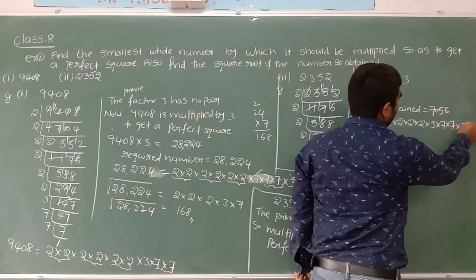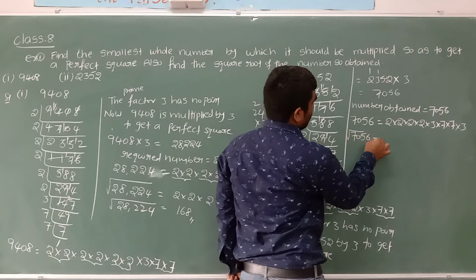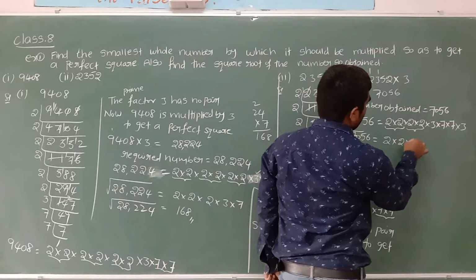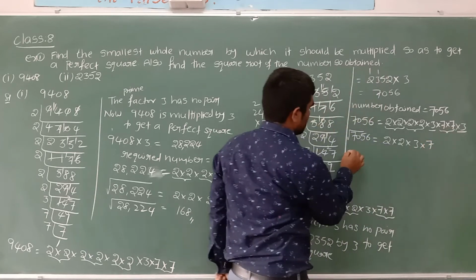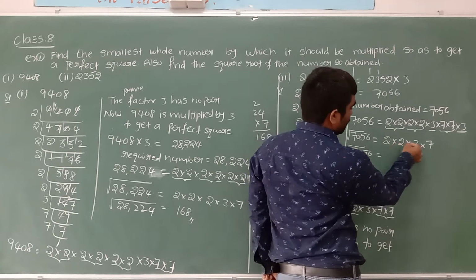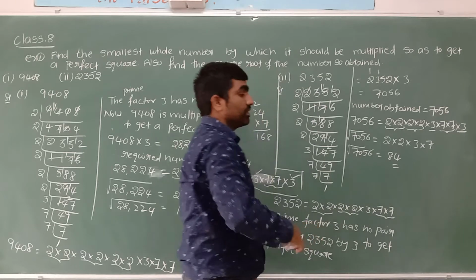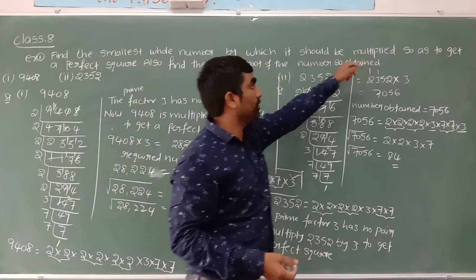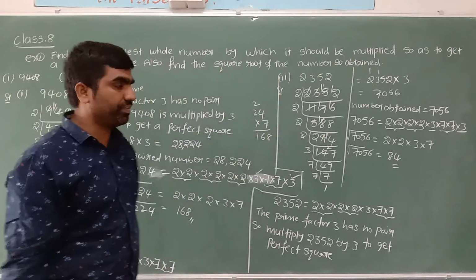Yes, for these prime factors, just by multiplying with 3, we got this number. Now take the exact pairs. Square root of 7056 is equal to, for every pair of numbers, one we can take outside the bracket. Even 3 also, we can see the pair here, into 7. Now multiply this to get the square root. 2 times 2 is 4, 4 times 3 is 12, 12 times 7 is 84. That is the way we can identify the suitable number to multiply to get a perfect square, and how we can find the square root of the number after getting the perfect square.